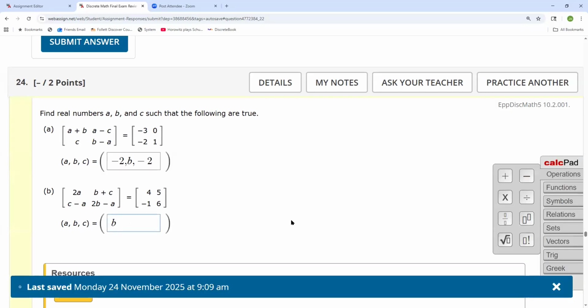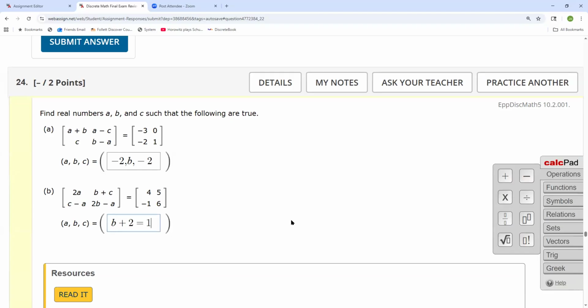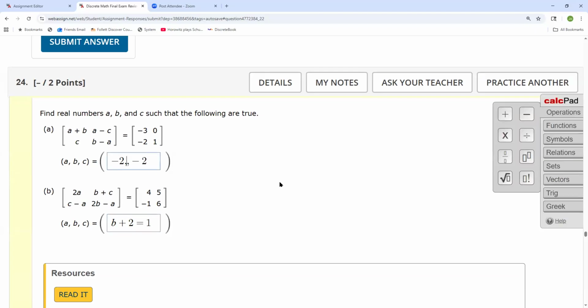Can anybody tell me what B equals? If B plus 2 equals 1, -1. Yeah, because -1 plus 2 equals 1. So B equals -1. And then in order, the answers are A equals -2, comma, B equals -1, comma, C